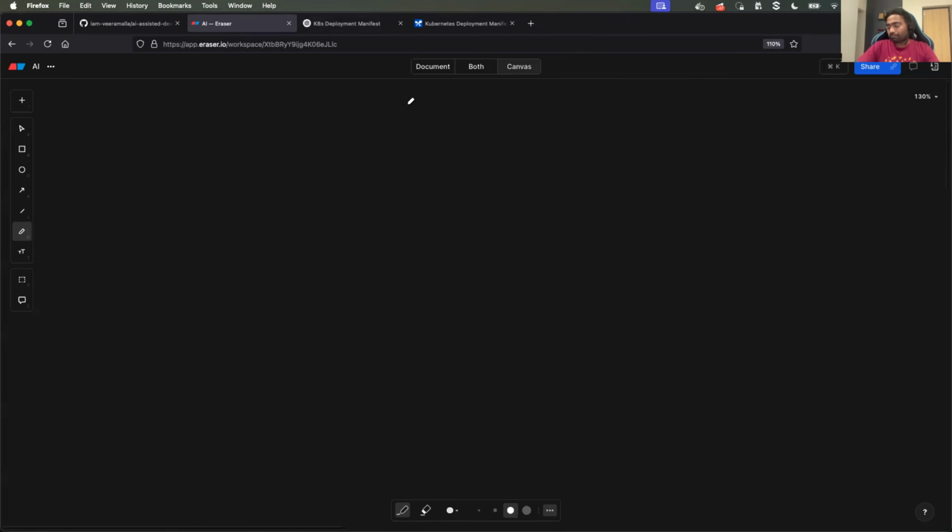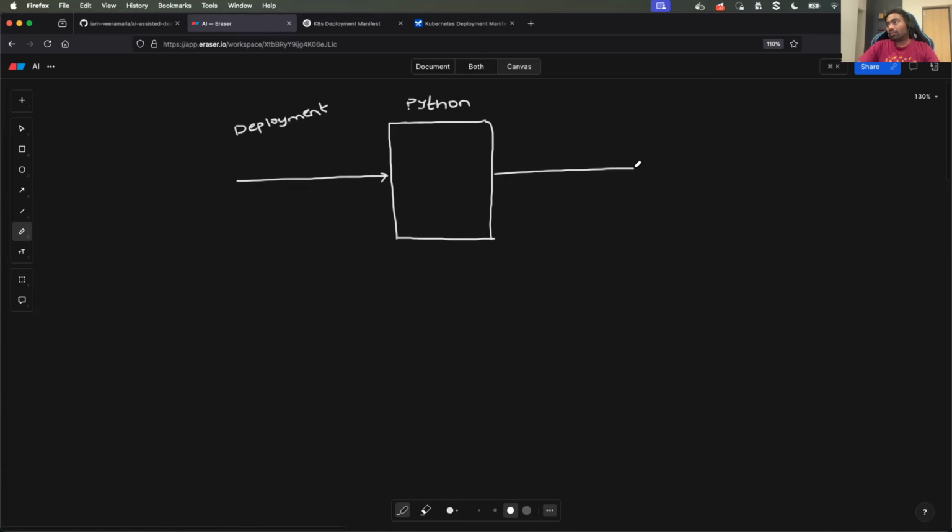So let's say, as a DevOps engineer, you are expected to write a Python script where the Python script reads single input from the user. If the user inputs Kubernetes kind as deployment, then the Python program should generate,